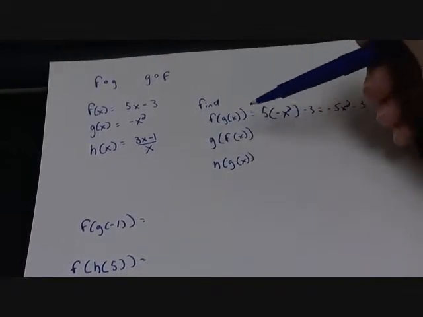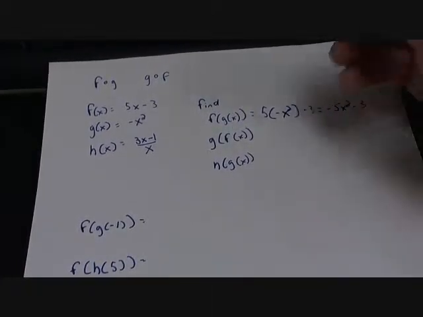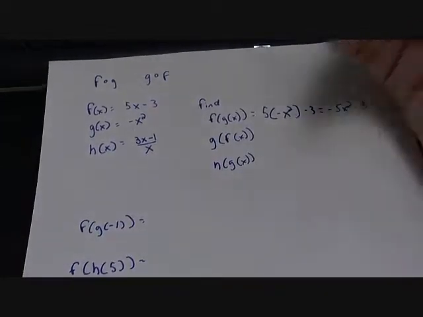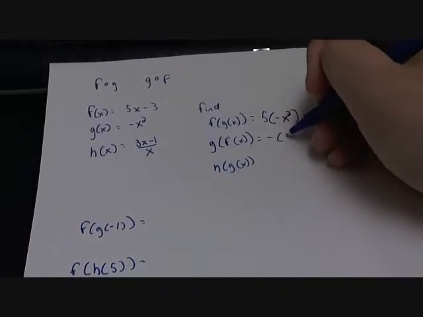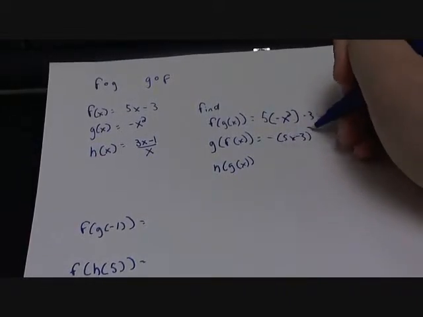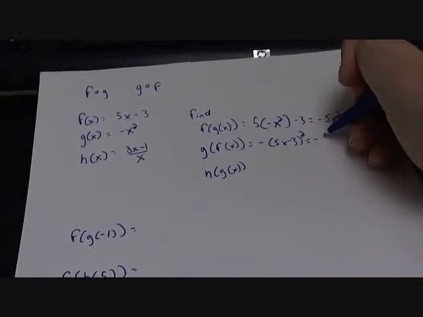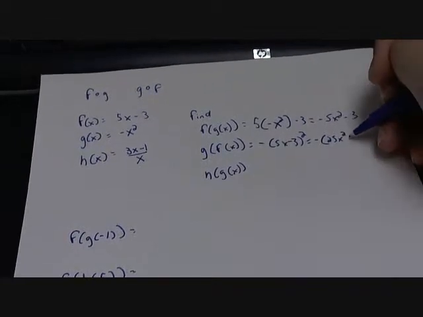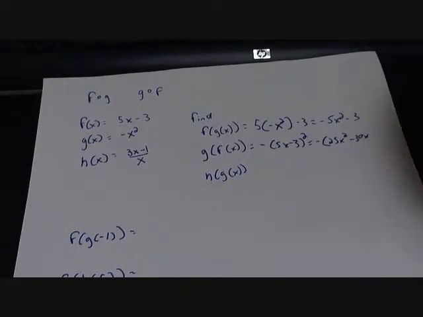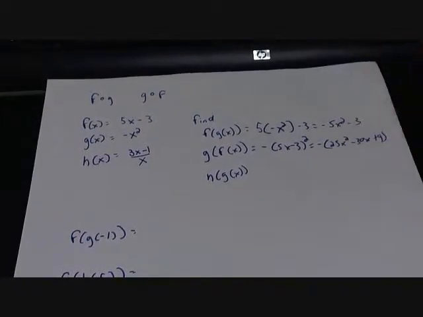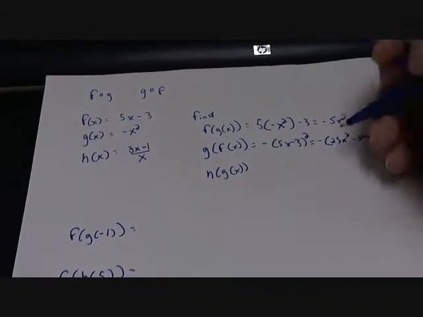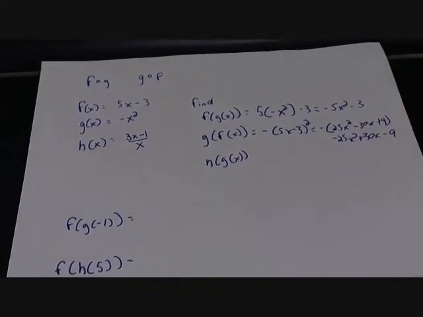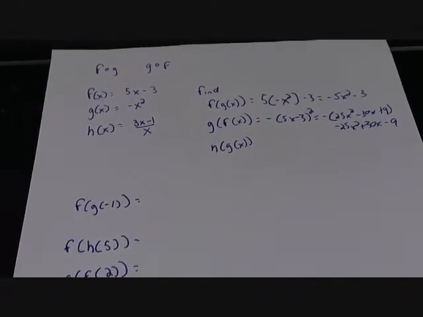So now the other way around. g of f of x. Now you're going to put our f inside our g. So wherever there's an x, you're going to put f. So it's equal to negative 5x minus 3, squared. This turns out to be negative 25x squared minus 30x plus 9. Distribute the negative, so you get negative 25x squared plus 30x minus 9. Simple. h of g of x